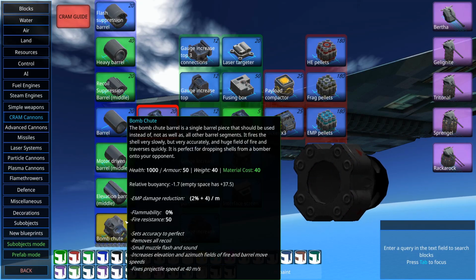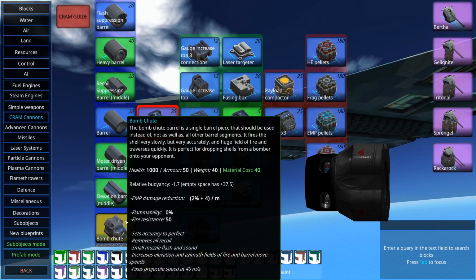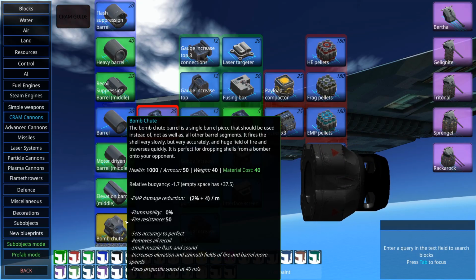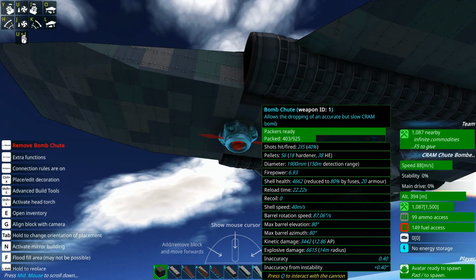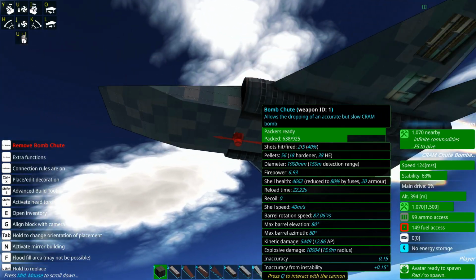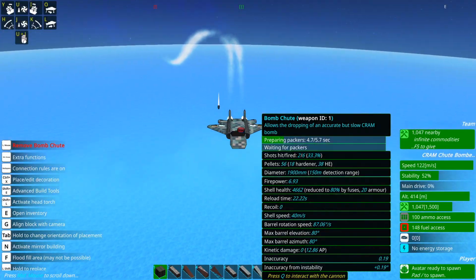So there's a number of things about this. It sets the accuracy to perfect, so flawless accuracy, removes all recoil, small muzzle flash and sound, basically nothing, and greatly increases elevation, azimuth, fields of fire and barrel move speeds, and it fixes the projectile speed at 40 meters per second. So you'll see here, looking at the CRAM UI, the shell speed is 40 meters per second. That is incredibly slow and basically means that you have to be right on top of your opponent to drop this directly onto them. Like